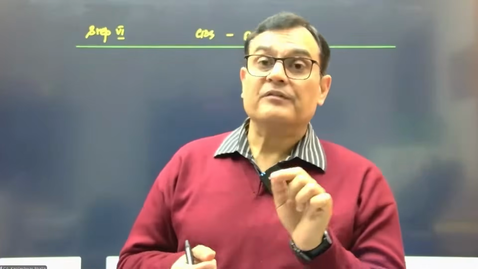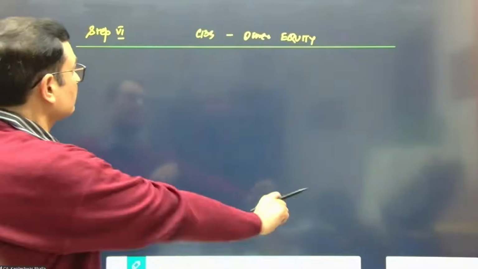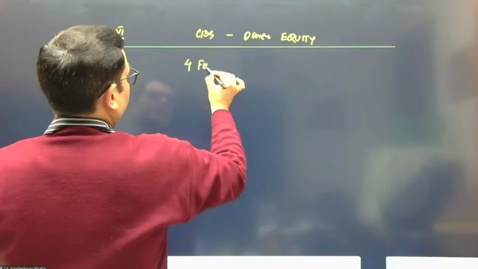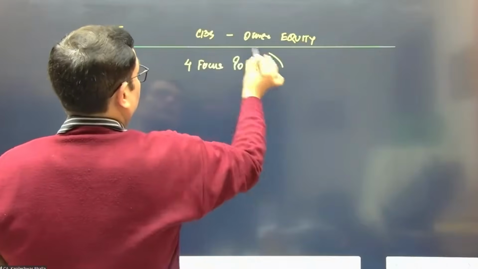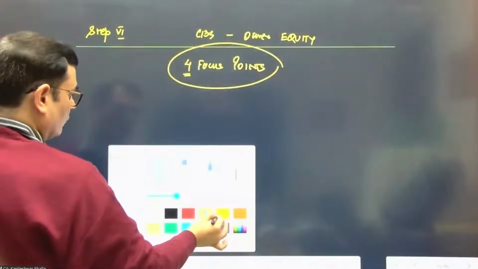If dividends are given, the parent company must have credited the dividends to their own RE. But that's not an income from the group point of view, so that needs to be eliminated. So instead of 3, we've got a total of 4 focus points in this case. Let's see one by one.